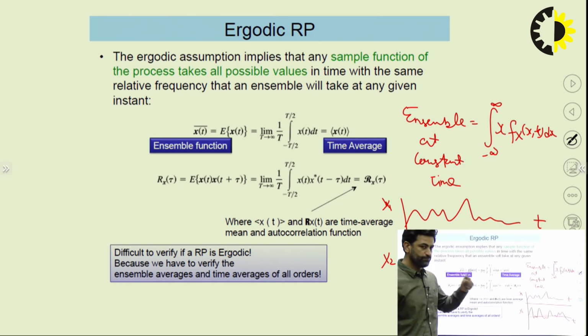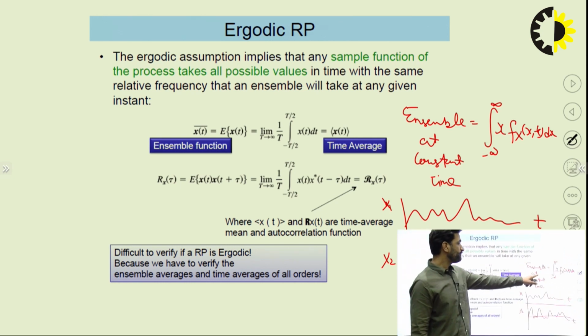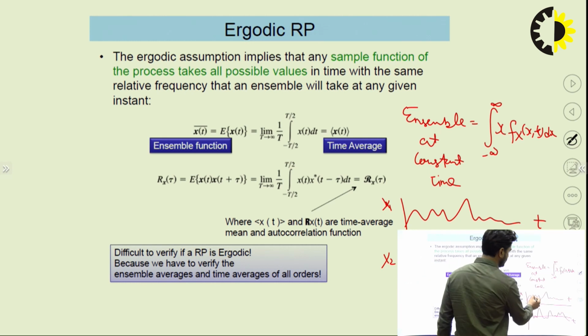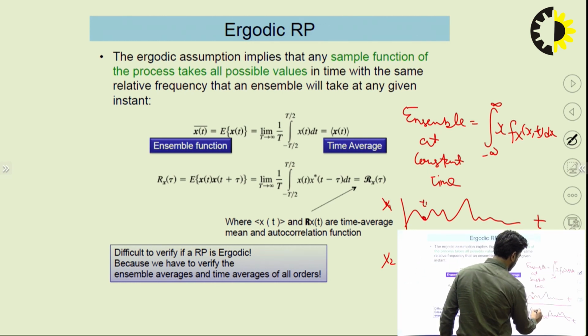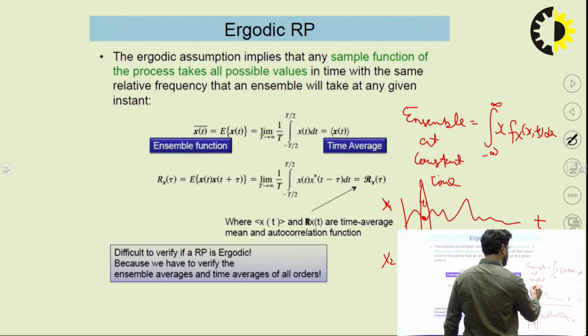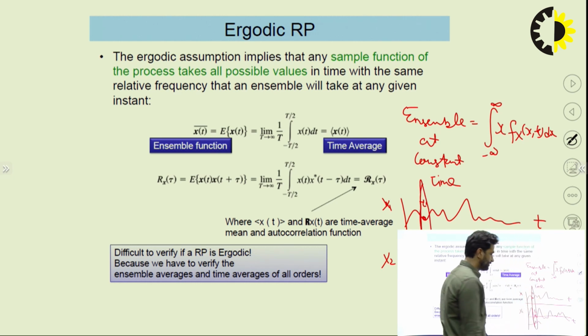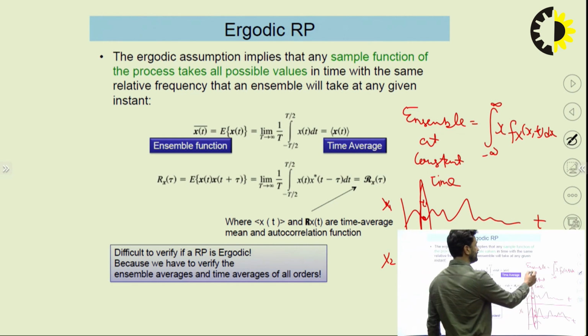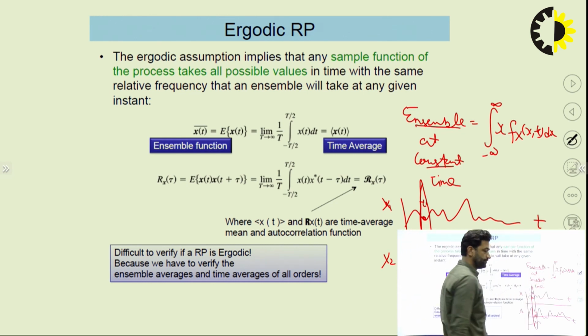Now see here from this graph, ensemble averages at constant time means we have fixed the time, made it constant, at this point. Suppose this is the point t1, this is the point t1, and further this is the point t1, and we are collecting the samples of all these points at fixed time, that is known as your ensemble averages.